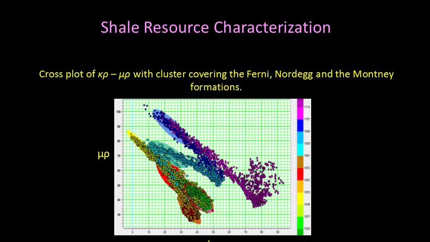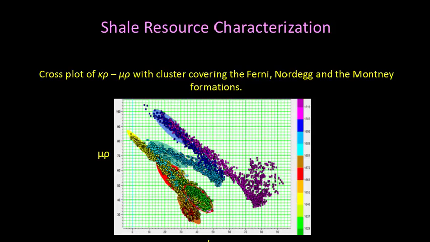Now, sometimes, of course, here in Calgary, we don't do that quite often because Bill Goodway introduced lambda-rho and mu-rho to us, and so we've been following lambda-rho and mu-rho. But at other places or in the literature, you will see that instead of lambda-rho, people like to determine bulk modulus times rho. They call it K-rho. Because we found it in the literature, we thought, well, let's be a little different. So this is K-rho versus mu-rho, and this is what we get for the zone of interest that we captured there,